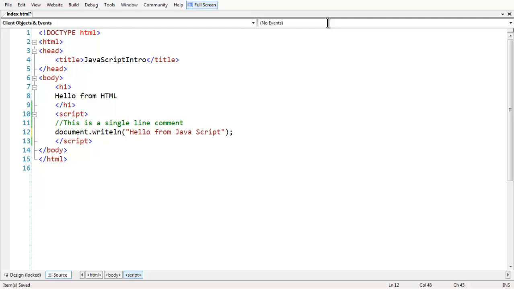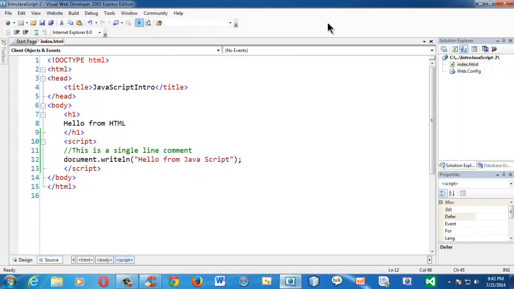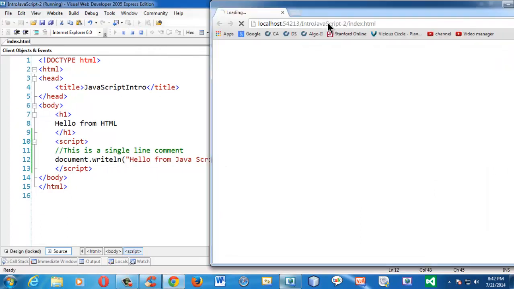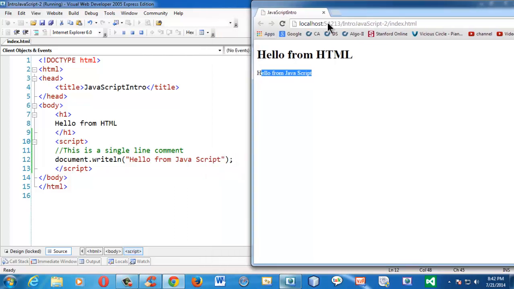Now if you run your page in the web browser by hitting F5 or the small triangle here, you just get the message displayed, Hello from JavaScript, which we have written using the document.writeln method.